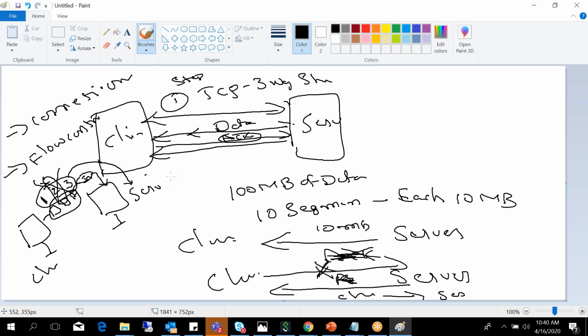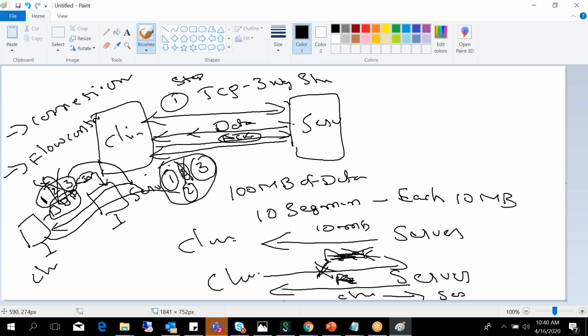Now the server has received the first packet and the third packet, but it doesn't receive the second packet. So the server will reply to the client saying that it has not received the second packet. Then the client will reply by giving the second packet.